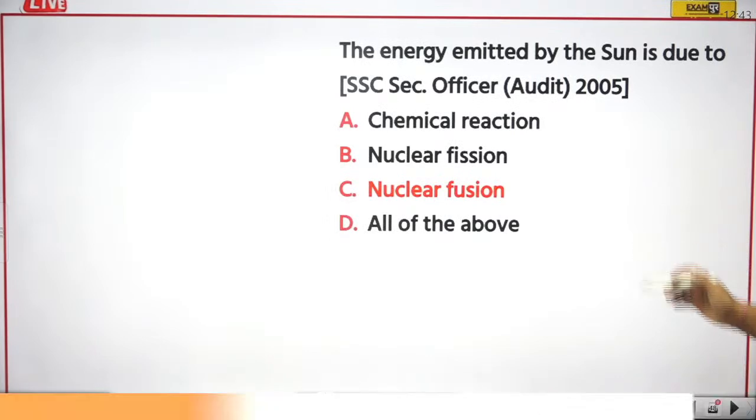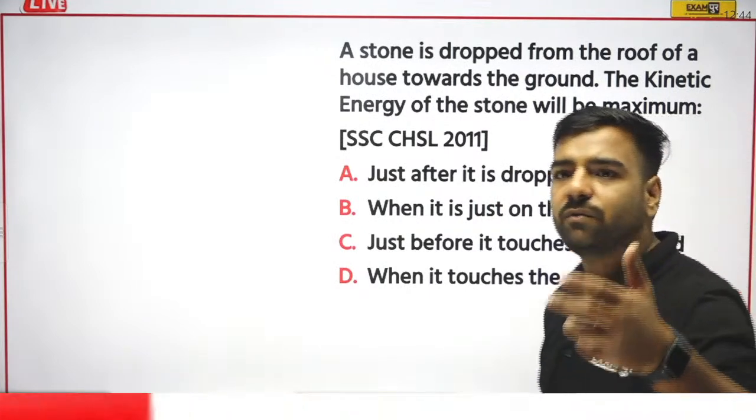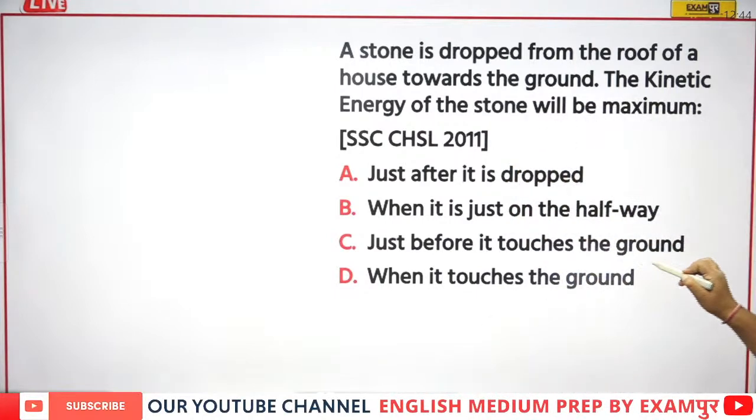Okay, let's move forward now. So nuclear fusion was the correct answer. You all have given that. Next question is, a stone is dropped from the roof of the house towards the ground. The kinetic energy of the stone will be maximum where? We have just discussed this: just before it touches the ground. Next question is,